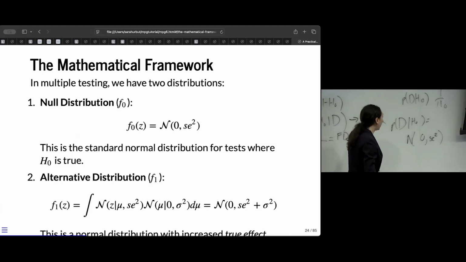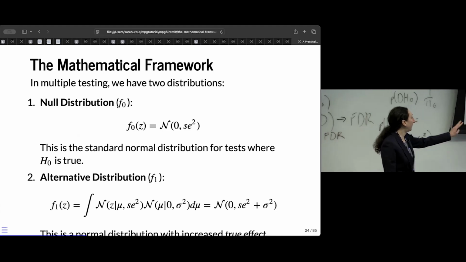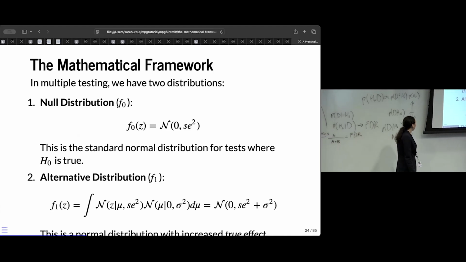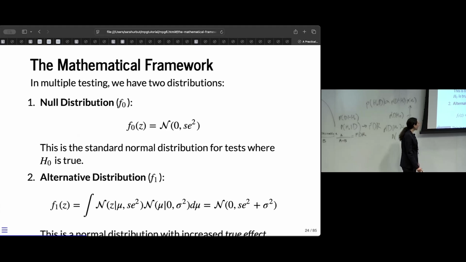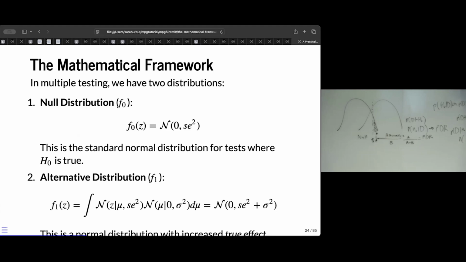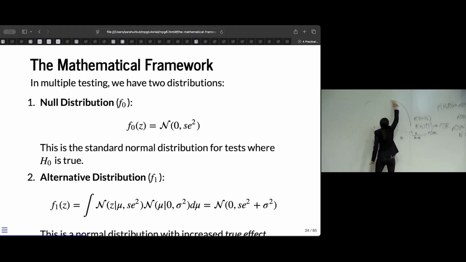Now, what if it's from the alternative distribution? What if we meet a z statistic from the alternative distribution? Well, in that sense, we're actually going to have, this is where, yeah. So, okay, so we have an overall distribution that, I'd probably put this order in funny, but basically we have, let me draw this out differently. I think I have this one. Okay, we're going to have a bit of a tree. And so in our first tree,